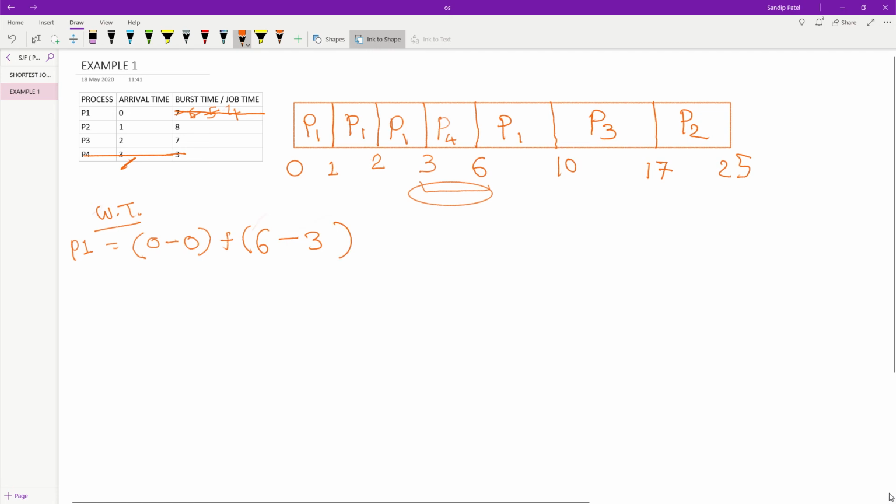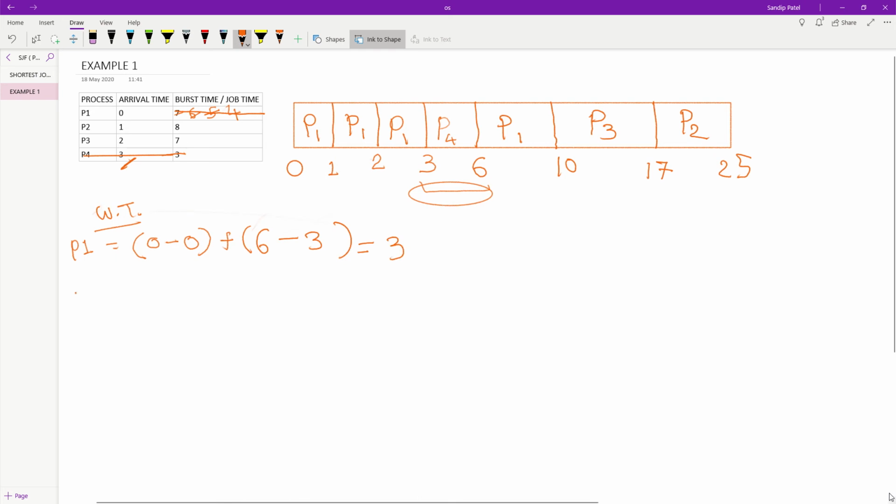It enters the CPU again, minus the last exit from the CPU, right? Now checking if P1 is exiting and entering again, step in, step out, it is not happening, so this is final, right? So 6 minus 3, up to this, the waiting time for P1 is over. So it is 3 milliseconds.